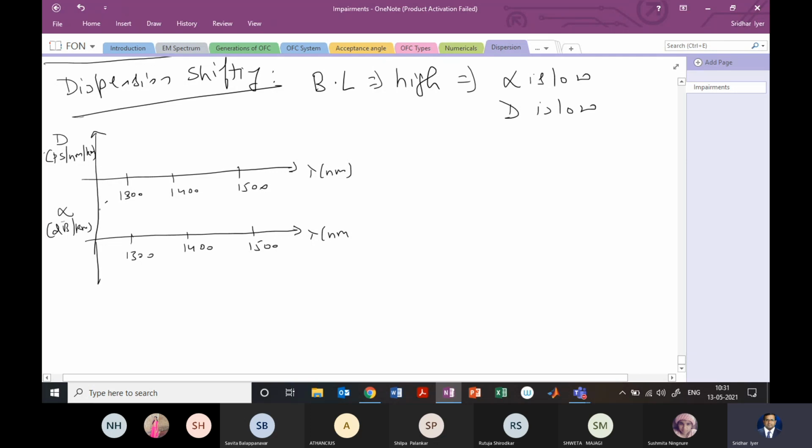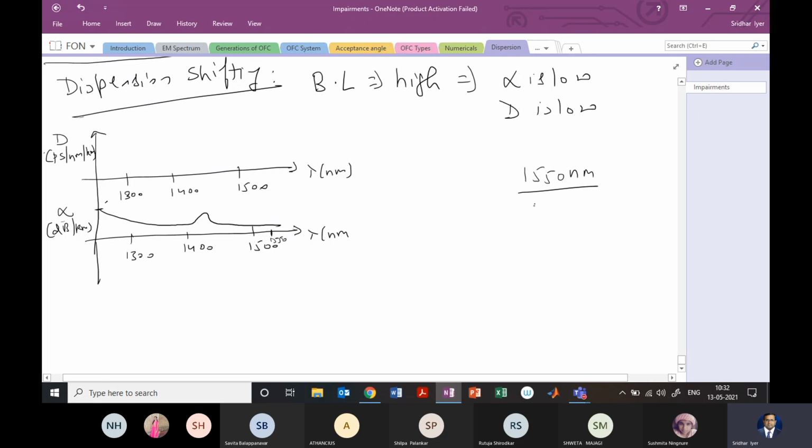In terms of the attenuation, it will keep decreasing, and somewhere around 1410, 1420, because of the OH minus ions, it increases and then comes back, and around 1550 nanometer, this is where our interest is. This is where we want to operate. There is another reason why we want to operate at 1550 nanometer. Just to give you a highlight, because you could ask why we are focusing only on 1550 nanometer, it helps us in other senses.